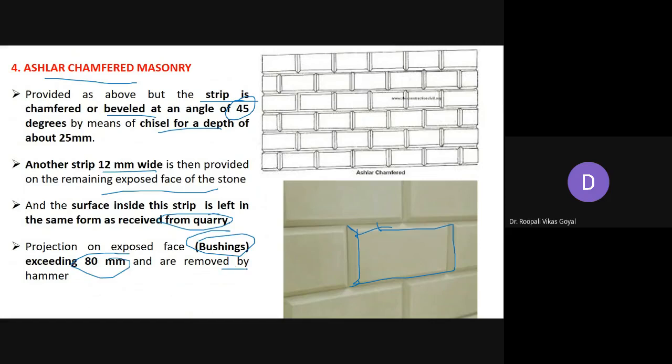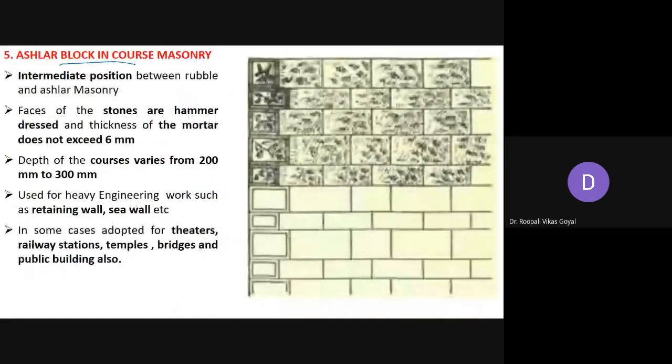Next is ashlar block masonry, ashlar block in course masonry. So basically, it is the intermediate position between rubble and ashlar masonry as per requirement. So faces of the stones that are hammer dressed, and the thickness of the mortar does not exceed 6 mm, and the depth of the course, it may vary from 200 to 300 mm. So as per requirement, you can use the combination of this rubble masonry as well as ashlar masonry,